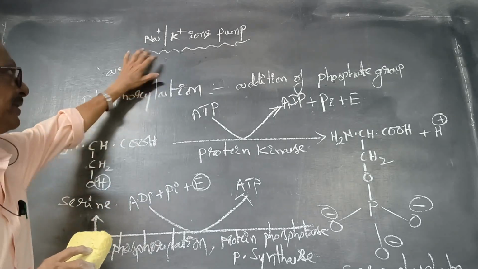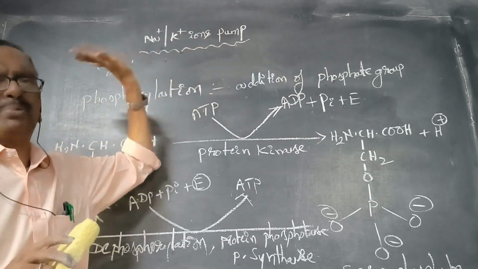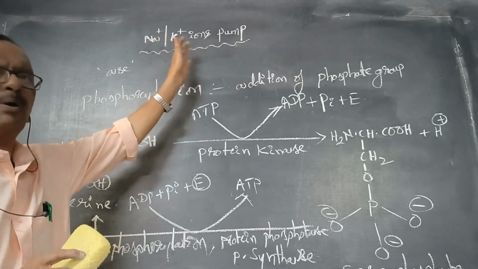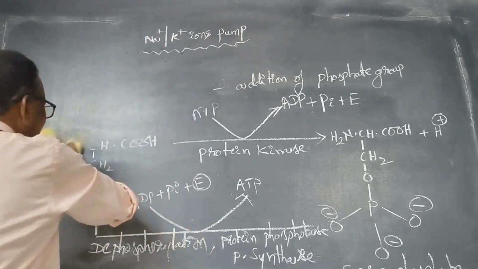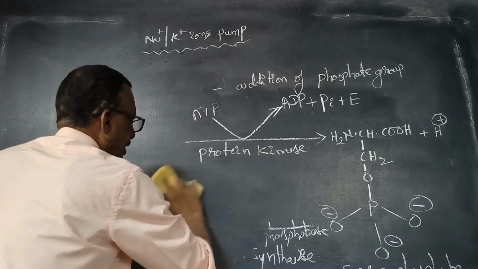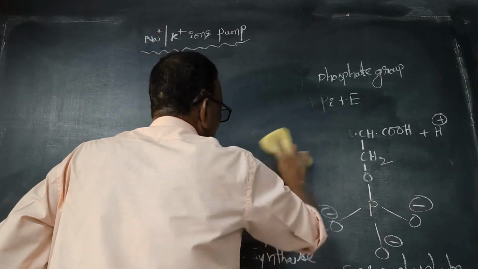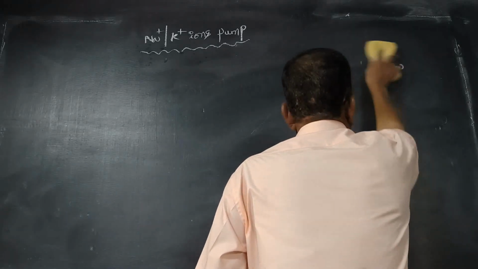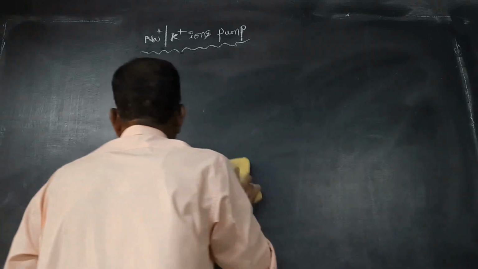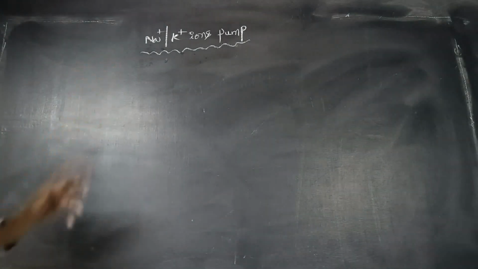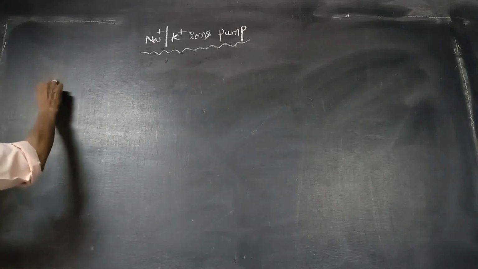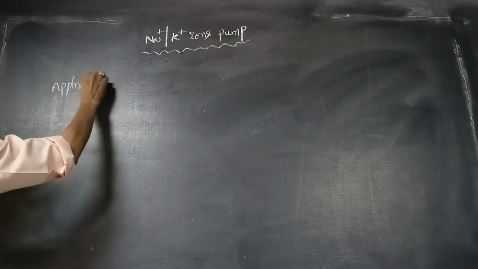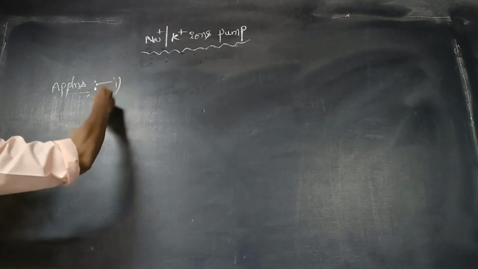Now the best example here is the sodium potassium ions pump. Now I am entering into the sodium potassium ions pump. How it works and what are its applications. Why it is very important in our body. Let us understand its applications first. Then I will move to the mechanism. In the applications part, first one is,